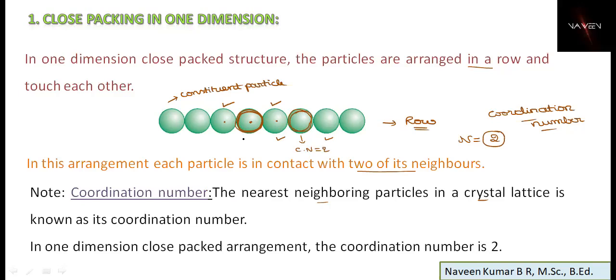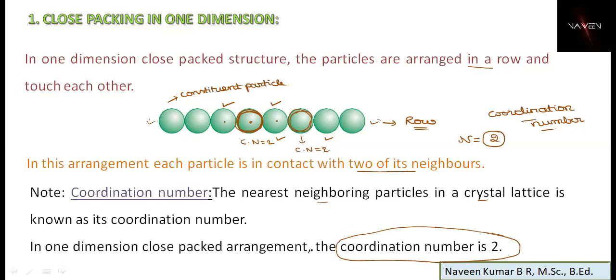Like this, if you take any particle, its coordination number will be only 2, except the terminal particles that you are going to see in the arrangement. So leaving the terminal particles, any particle in a one dimensional arrangement will have its coordination number as 2. So try to remember this information. What the coordination number is and what its value is in various arrangements in solids will be a very important topic to understand the arrangement. Hope this one-dimensional arrangement is clear.